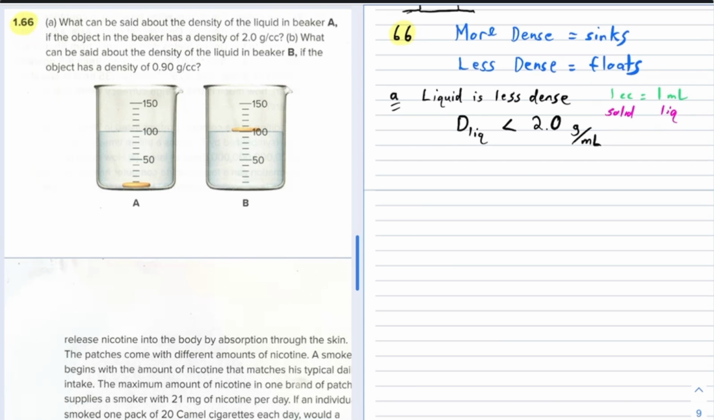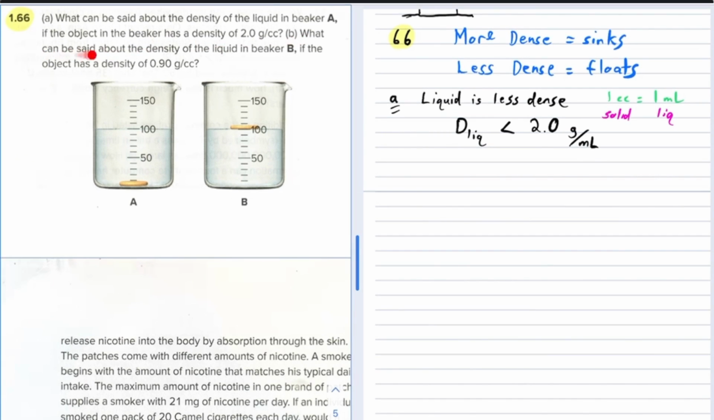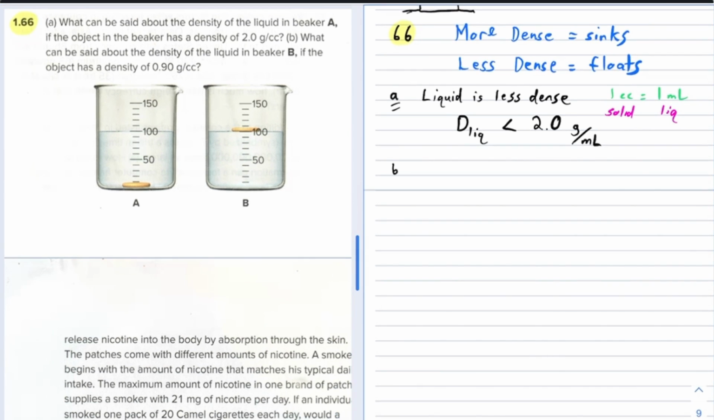Okay, and then for part B, what can be said about the density of a liquid in beaker B if the object has a density of 0.90 grams per cc? Now this time the object is floating, so the liquid is more dense than the object. So for B, the liquid is more dense, and so the density of the liquid